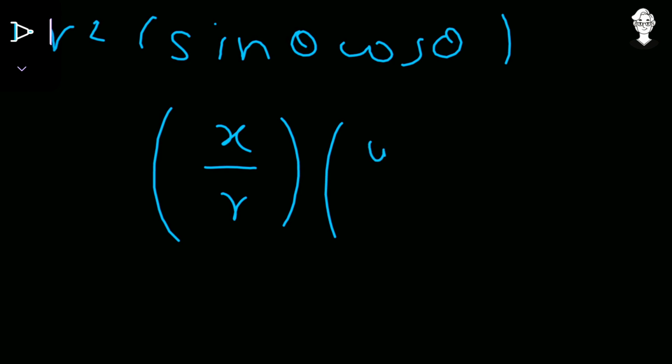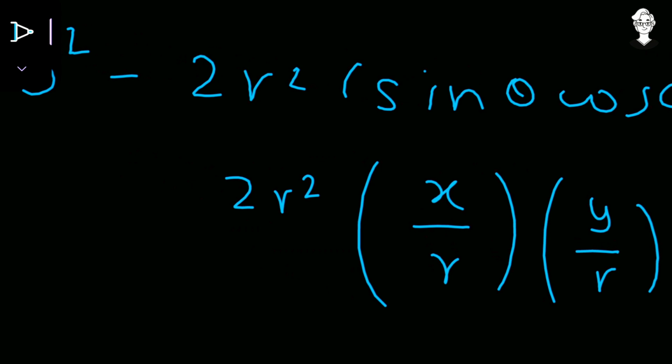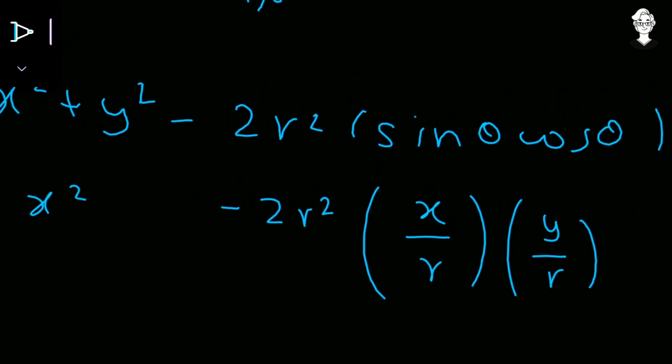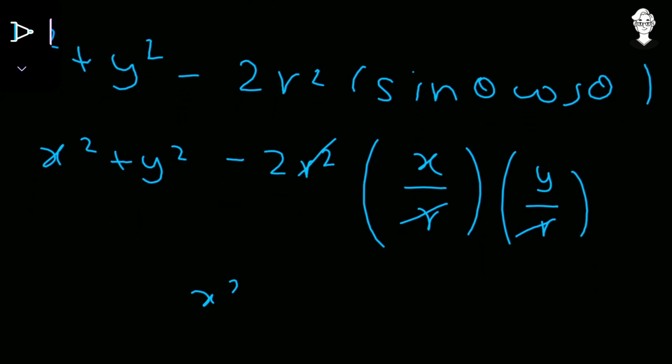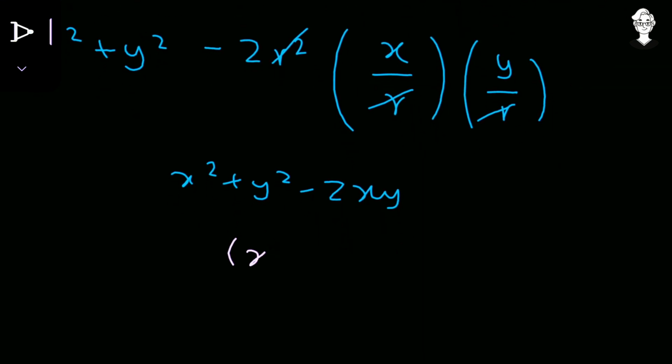So the value of cos of theta is y upon r, and it is multiplied with 2 times r square in negative, and in addition x square plus y square. Now we can see that r into r square will cancel out this particular r square present over here. So r square, r and r got cancelled out. We have x square plus y square minus 2 times xy. Now this particular thing is an identity, that is x minus y the whole square. So this is the value of this expression, that is a plus b minus the area c.